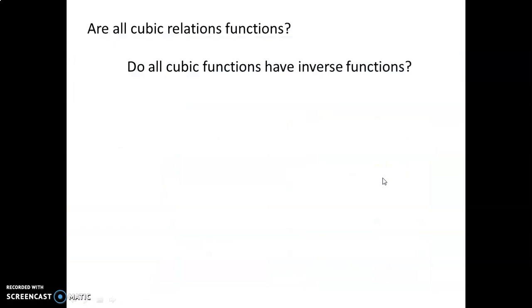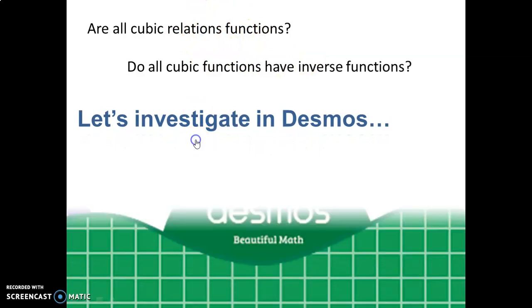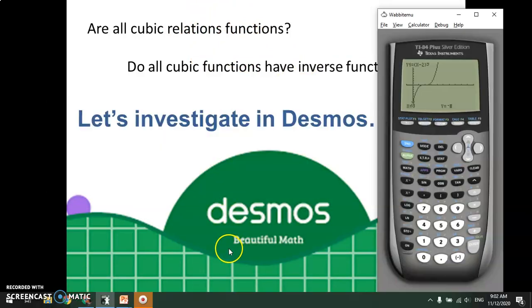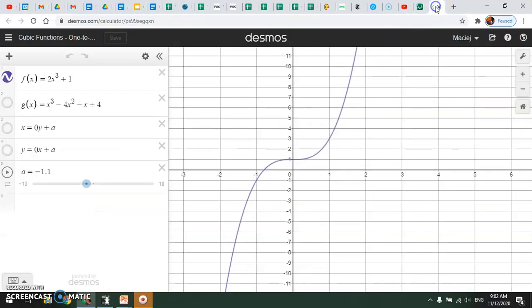Okay, another question. Are all cubic relations functions? And do all cubic functions have inverse functions? Let's think about what functions mean again. So we're going to look at Desmos for this as well. So I'm back in Desmos here. We have a cubic function here. And I'm also going to graph a